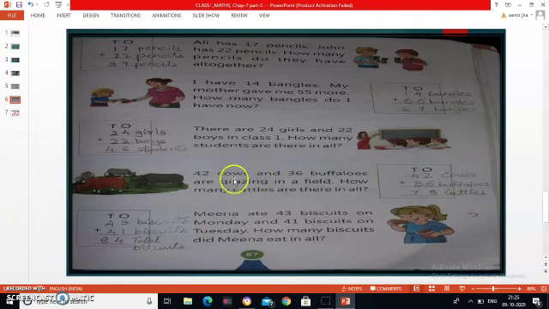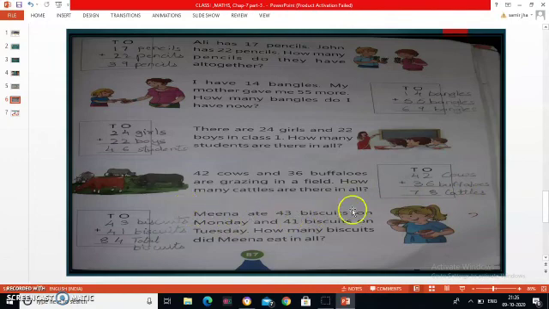So right here, first part 42 cows, second part 36 buffaloes, and what is the third part? Answer. So add. After 2, count 3 numbers. So start. 2, 3, 4, 5. See, after 2, count 6 fingers. Now 2, 3, 4, 5, 6, 7, 8. So 2 plus 6 will make 8. Now after 4, count 3 numbers. 4, 5, 6, 7. So 78 cattle are there in the field. So, done. Now see next example.